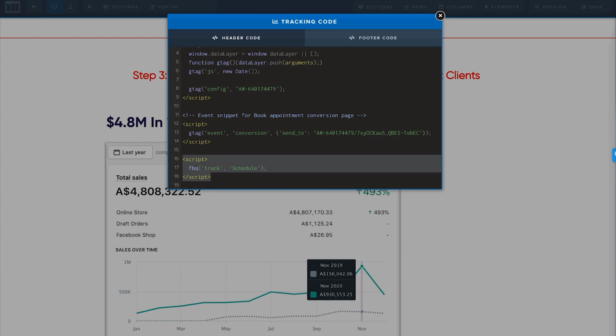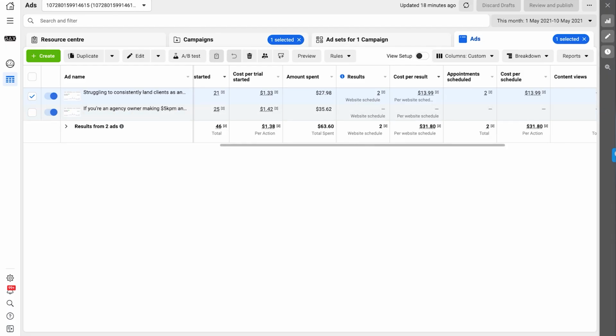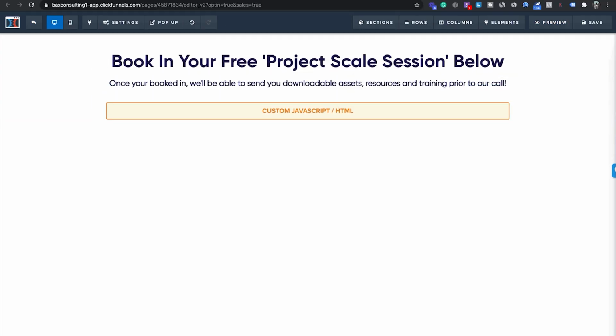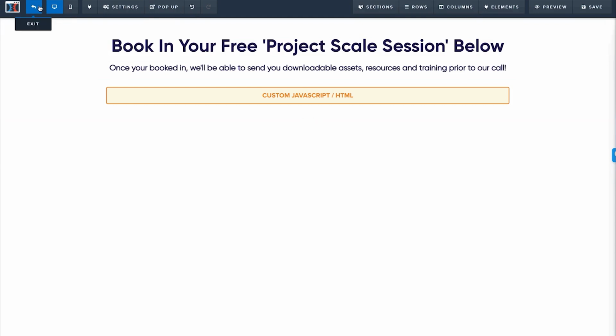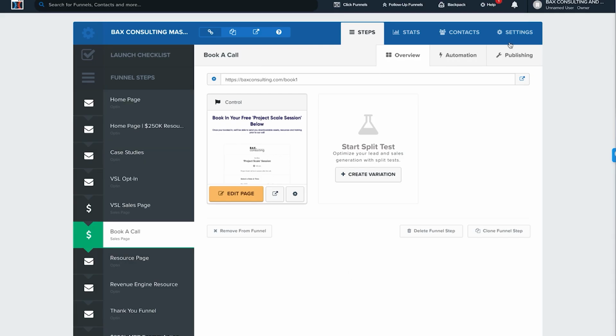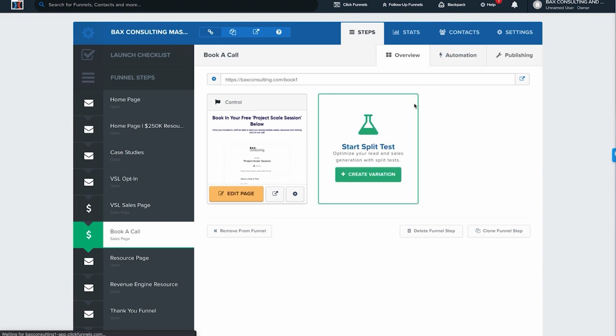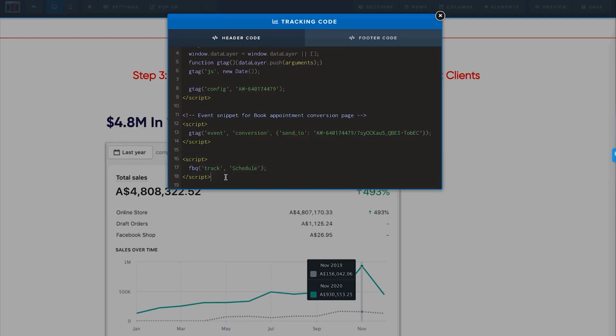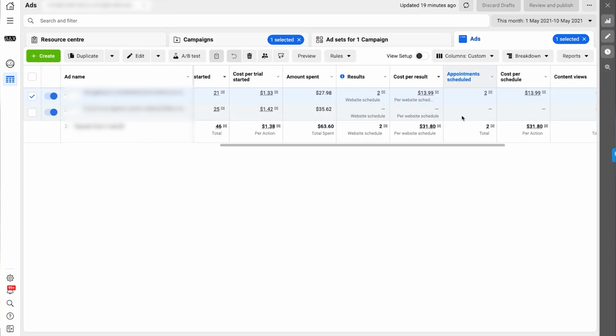Okay, so going back to the ad account, and obviously in ClickFunnels, jumping ahead a little bit, this is all at the page level, but funnel wide, I have my entire pixel pasted into the funnel wide header section. To get to that point, you come into here, go to settings, and go down here, okay, and you can see that I've got my actual entire Facebook pixel code pasted into the head tracking code. And then I also have my specific events on the specific pages, depending on whatever it may be. And that's what I've just walked through there. So at that point, that is how we are currently tracking with 100% accuracy right now.